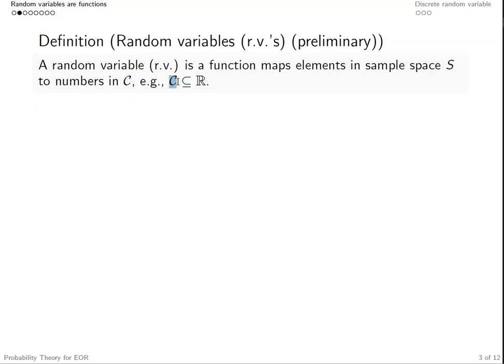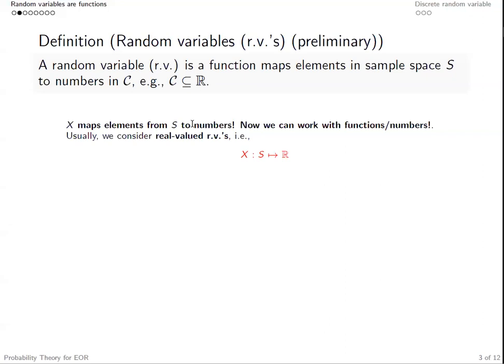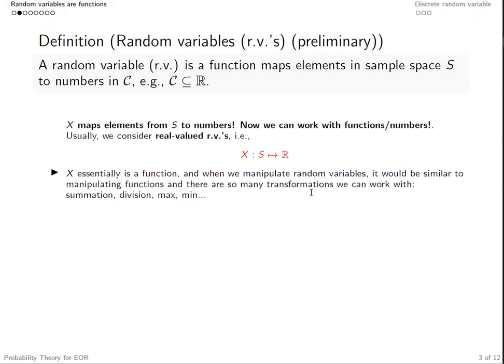For example, we could choose the set C as a subset of the real line. So essentially, X maps elements from the sample space to numbers. Usually, we consider real valued random variables. For example, here, X is a real valued random variable. It maps elements from the sample space to numbers from the real line. X is essentially a function, and similarly to manipulating functions, we can manipulate random